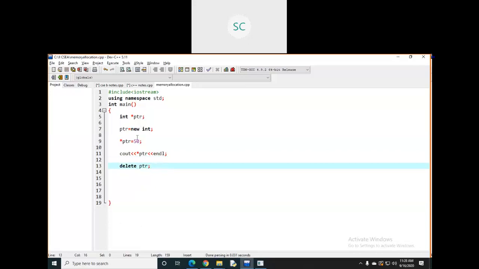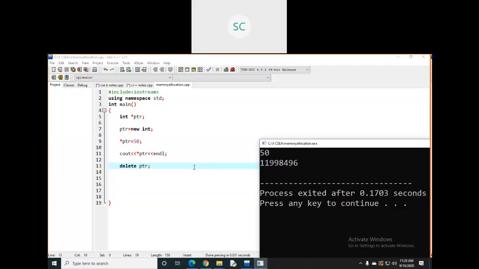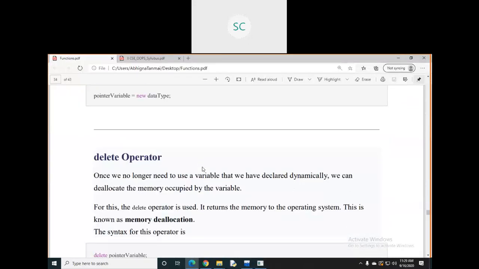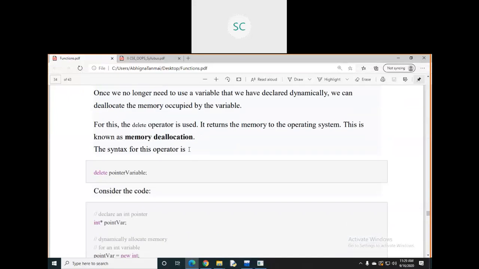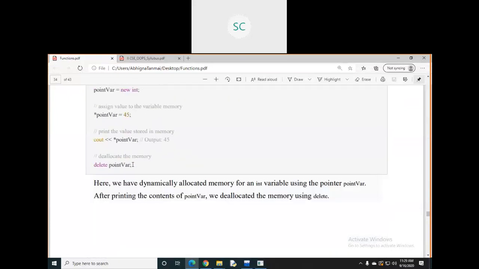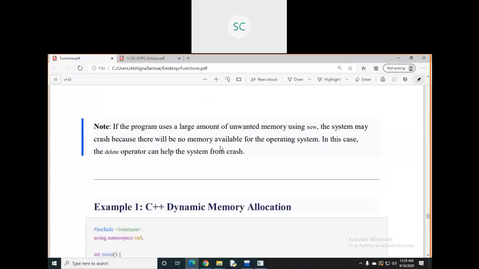The same thing you can work with arrays as well. Suppose here I will consider one array. While declaring an array, you are going to mention some size, right? Here, instead of mentioning that size, you can take that size from the user. This is the delete operation. That memory is going to be deallocated. Simply you delete that pointer variable. It will delete that memory and return that memory to the RAM.